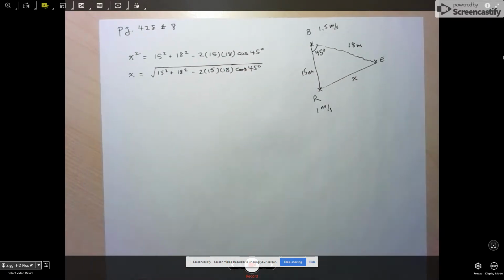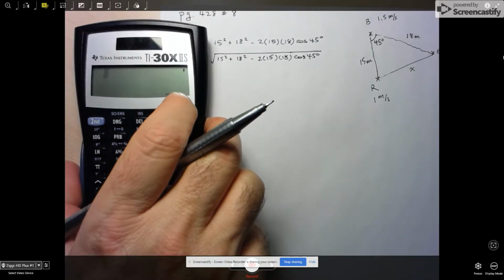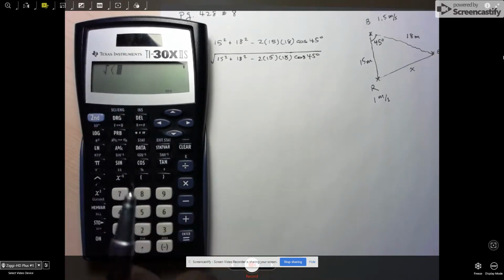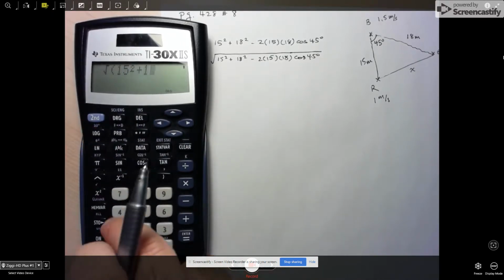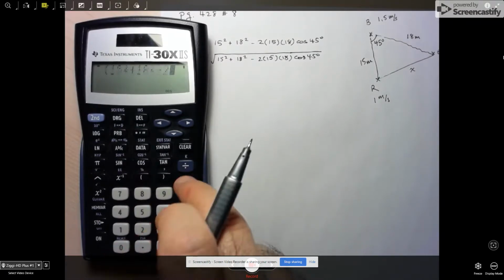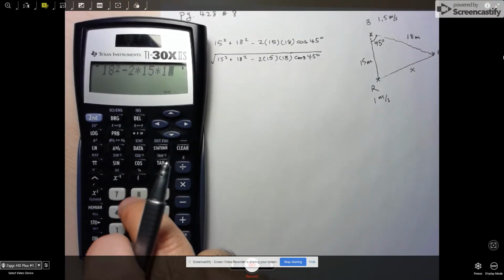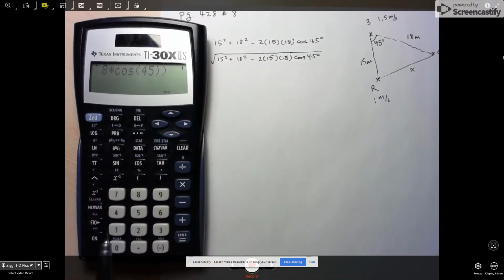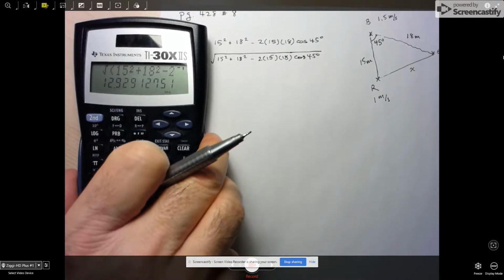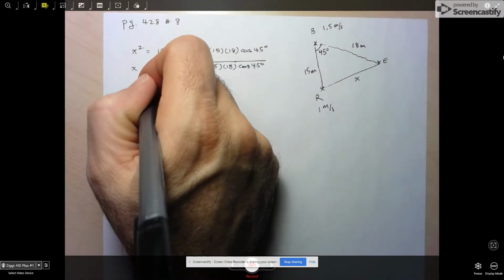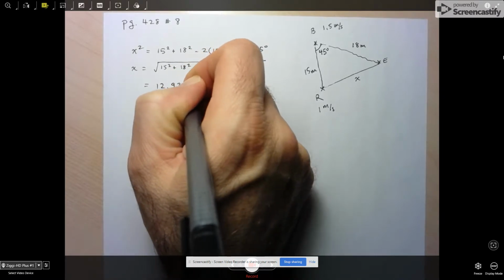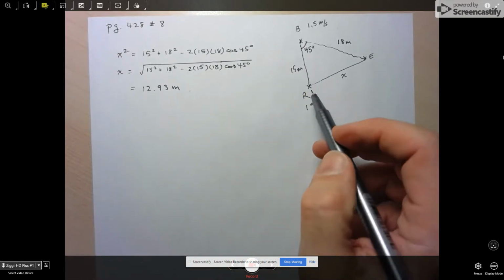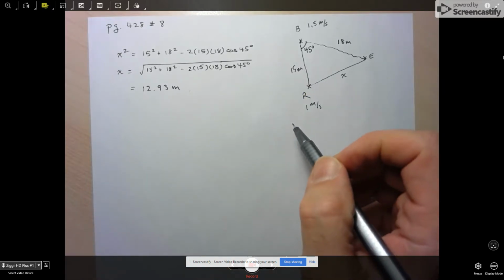All right, and let's calculate that. So let's get our trusty calculator. It's in degrees, so we're good. So we have the square root of 15 squared plus 18 squared minus 2 times 15 times 18 times cos of 45, and we have 12.93. Okay, so the distance there is 12.93 meters. All right, and so now we have enough information to calculate the time it takes each of them to reach the eucalyptus. Okay, so if we take Rocco first,